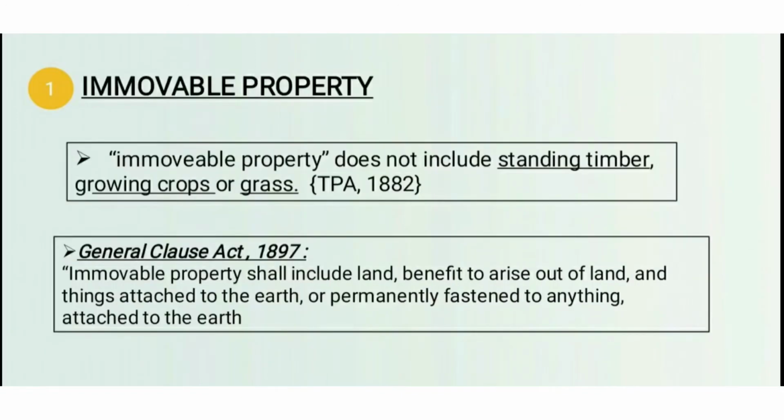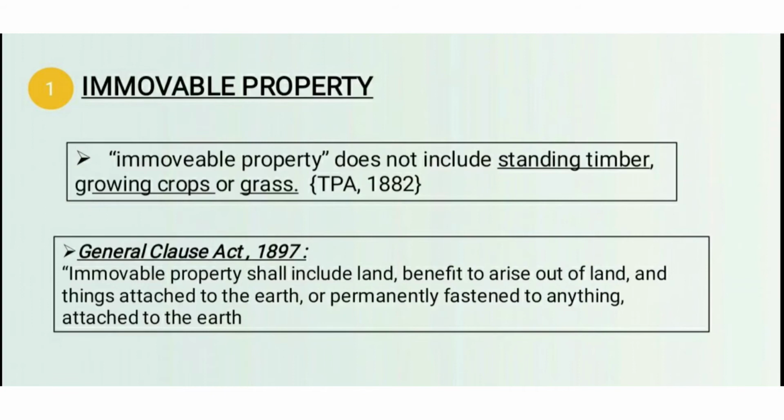So starting with section 3, the first part is about immovable property. See guys, immovable property, as per the TP Act, Transfer of Property Act 1882, does not include standing timber, growing crops or grass. Don't study this definition, you won't understand anything, but I'll explain it in a very simple way. So I took this very good definition from the General Clauses Act 1897 of what an immovable property is. See guys, immovable property shall include land, benefits arising out of land,